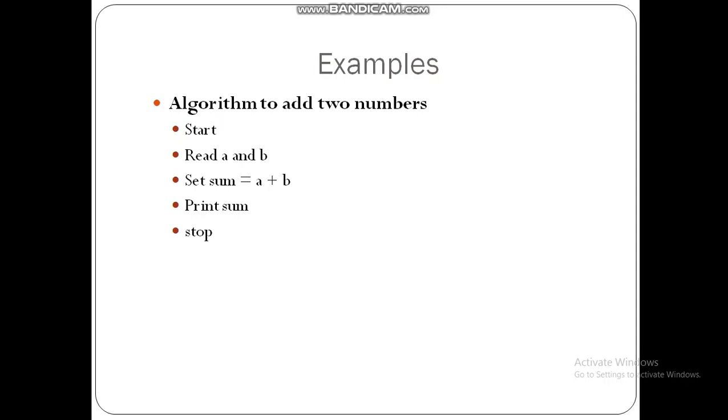And one more thing to note is that there is no hard and fast rule of writing an algorithm. You can write it in your own words. So suppose after writing start, in step 2 you can write enter two numbers also, or input A and B, or input X and Y, anything. I am just writing A and B. You can write down some other names also. The basic point to note is that whatever algorithm you are writing, if another person comes and looks at your algorithm, he or she should be able to understand what exactly you are trying to do or how to write down the program.